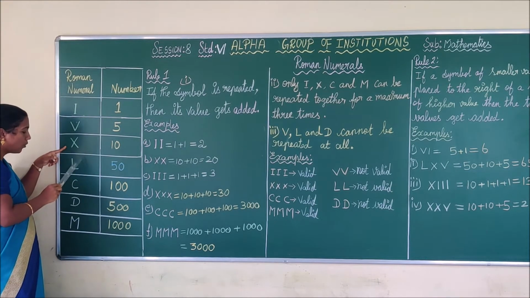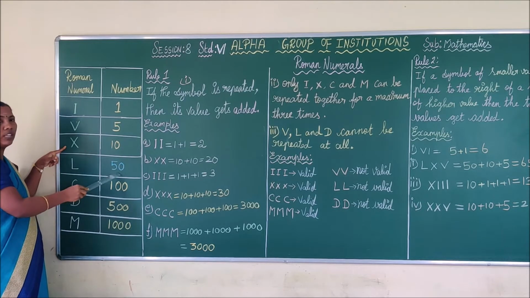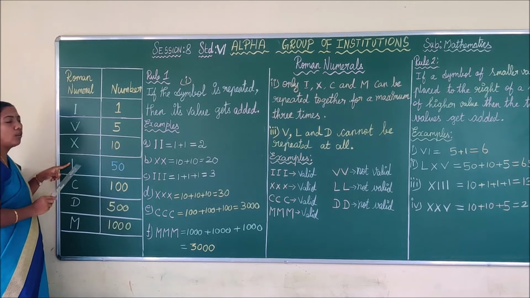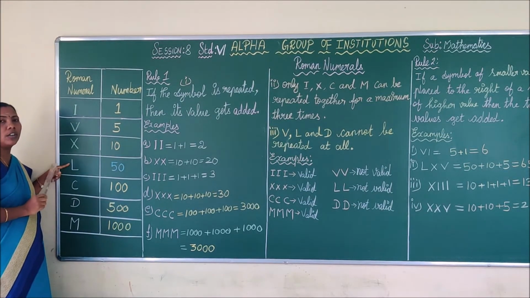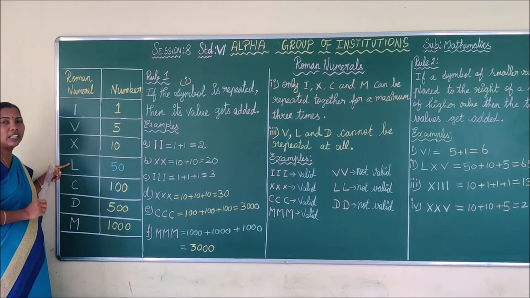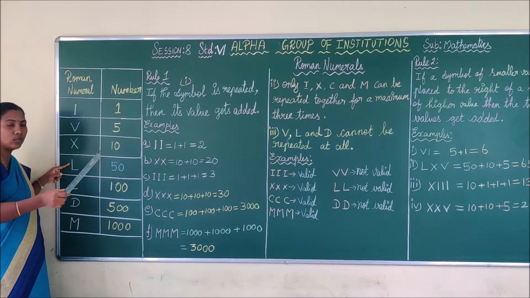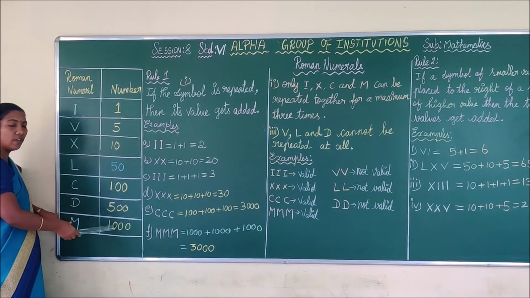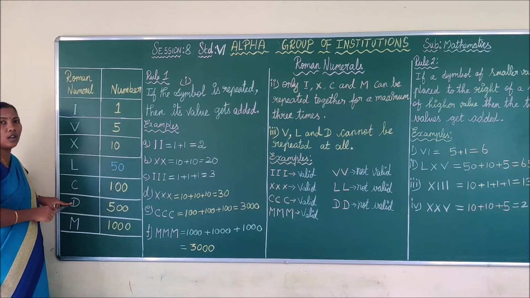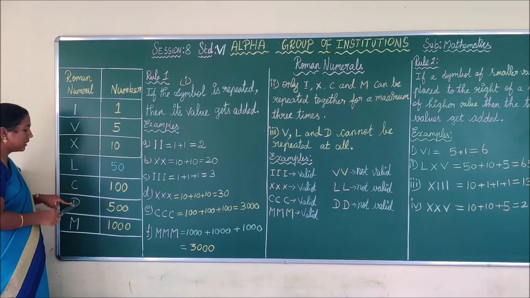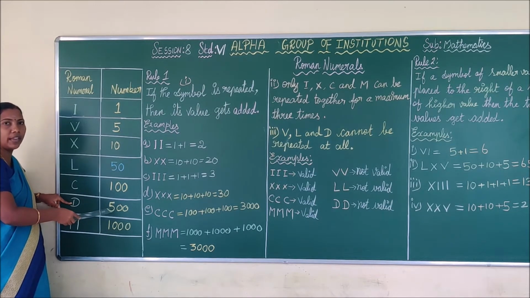Next, you have to remember these symbols along with their values. Now you have to use the keywords, children. What are the keywords I have told? Mother gave 1,000 rupees. That is M for mother. M is 1,000. Thus M takes the value 1,000. And what is the cost of the doll? D for doll. What is the cost of the doll? 500 rupees. Thus D takes the value 500.